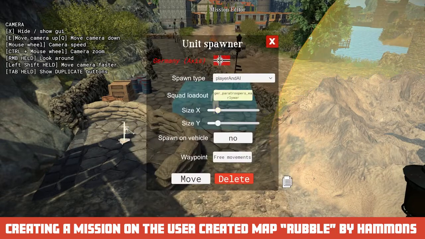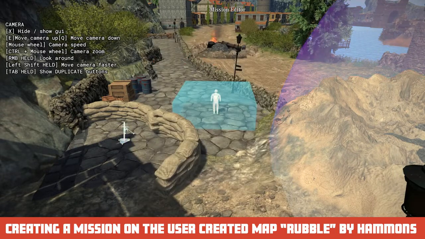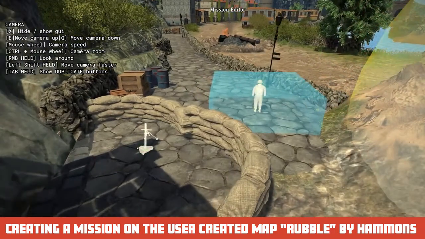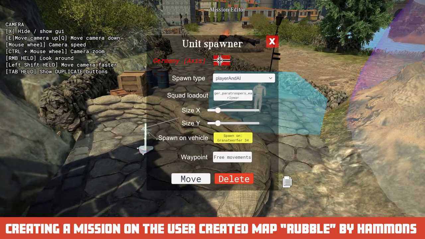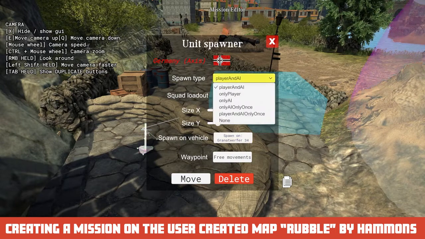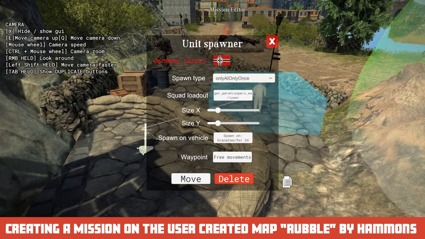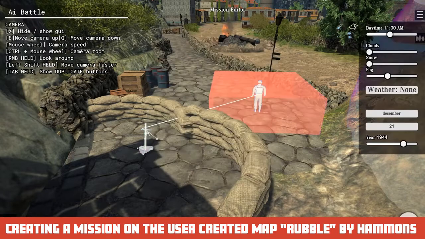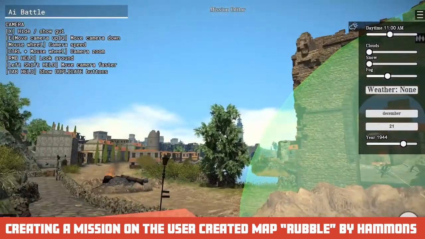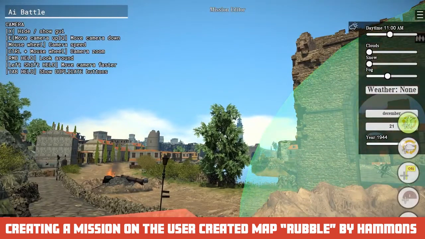So I don't get why people don't understand that Easy Red 2 is not going to be at the polished level of Hell Let Loose, but it's going to be at the polished level of a fun game that you can pick up at a reasonable price and have a lot of fun with. Yeah, this is actually a big topic.